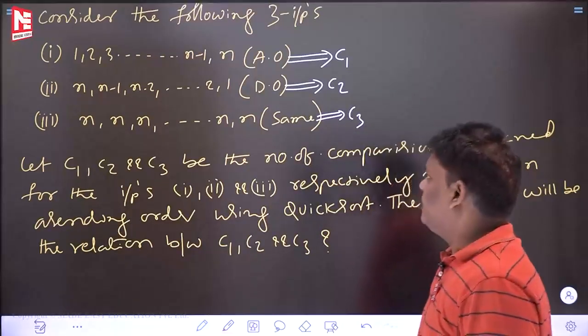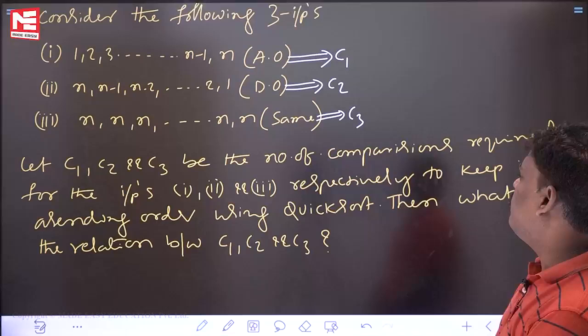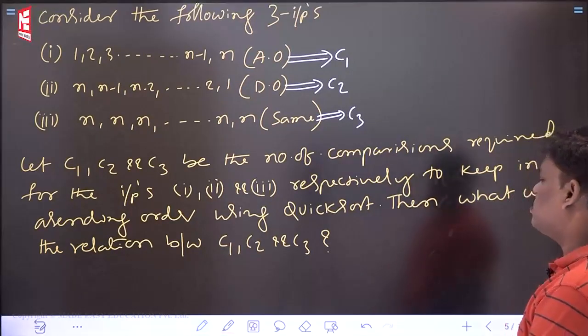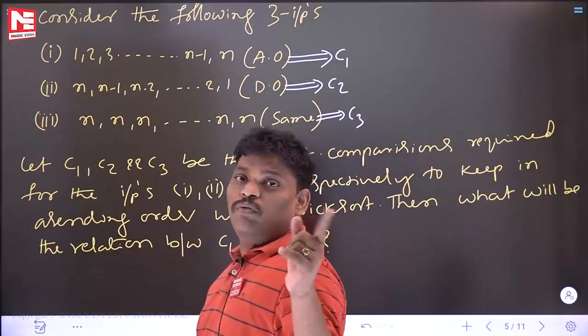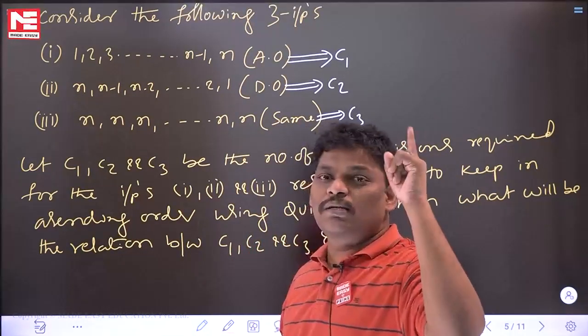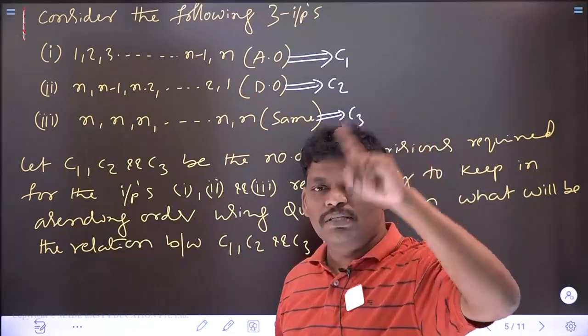See this problem. You have 3 inputs and you have to apply quicksort to keep them in ascending order. The comparisons required are C1, C2, C3. They are asking what the relation between them is. How to solve this problem? I will start. And one more thing, listen properly. This is a very strong statement I am saying to you: on quicksort, any question that comes,